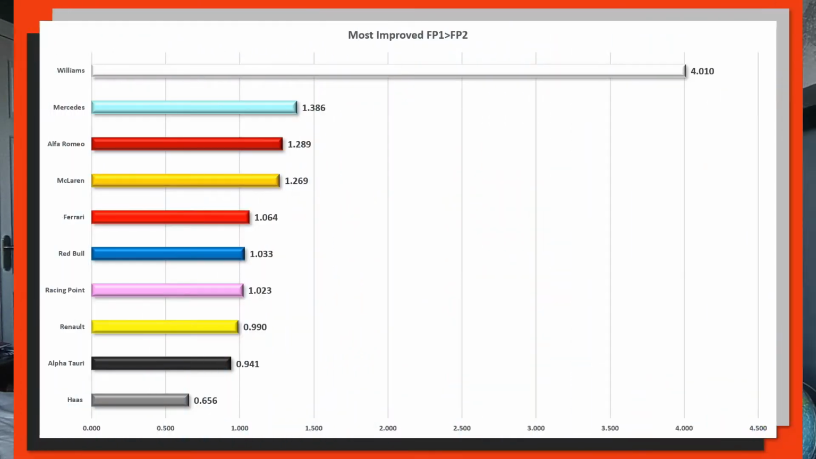Now, of course, if FP3 was running, there would be 2 of these graphs side by side, and I'd be able to show you the improvement for each team from FP2 to FP3, but sadly, as FP3 did not run in Styria, that information is not available. And so chucking it back to the data, we head on into each individual team, and we begin with, of